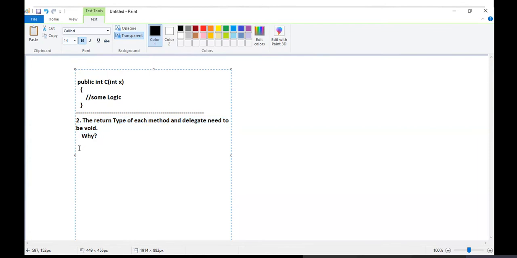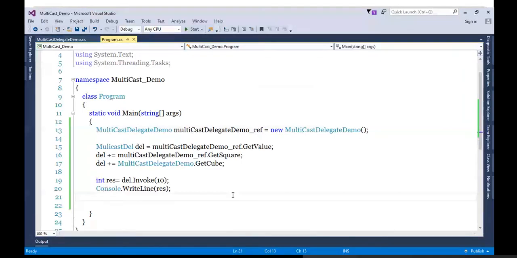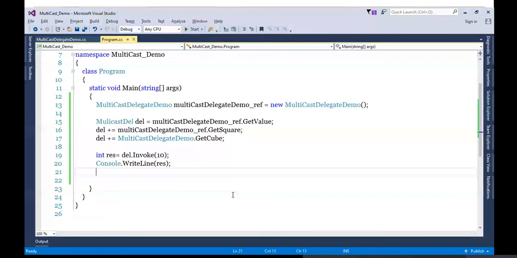Because if you give any other return type, then you will be getting the result of the last method only. You are not able to get the results of previous methods. Why so? Those results will be overwritten. That's why if you keep the return type as void, you'll be able to get the result of all the methods. This is the scenario. Okay, is this okay?